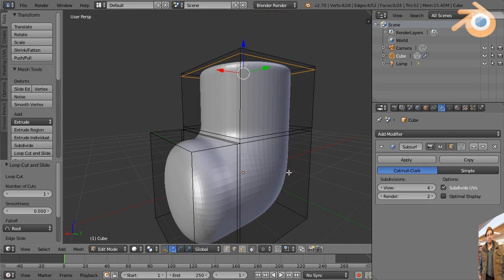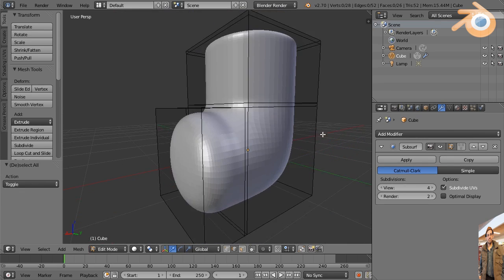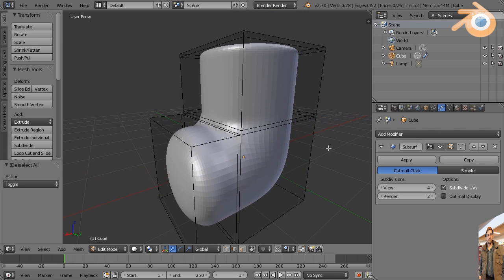Okay, and this is a very common way of working with and building geometry. You're working with your polygons, but you know in the end that you're going to be smoothing it or subdividing it, and you can add a subsurf modifier to be able to see the result of that smoothing as you model. Now, this works great with quads, very predictable, but you also need to make sure to either crease your